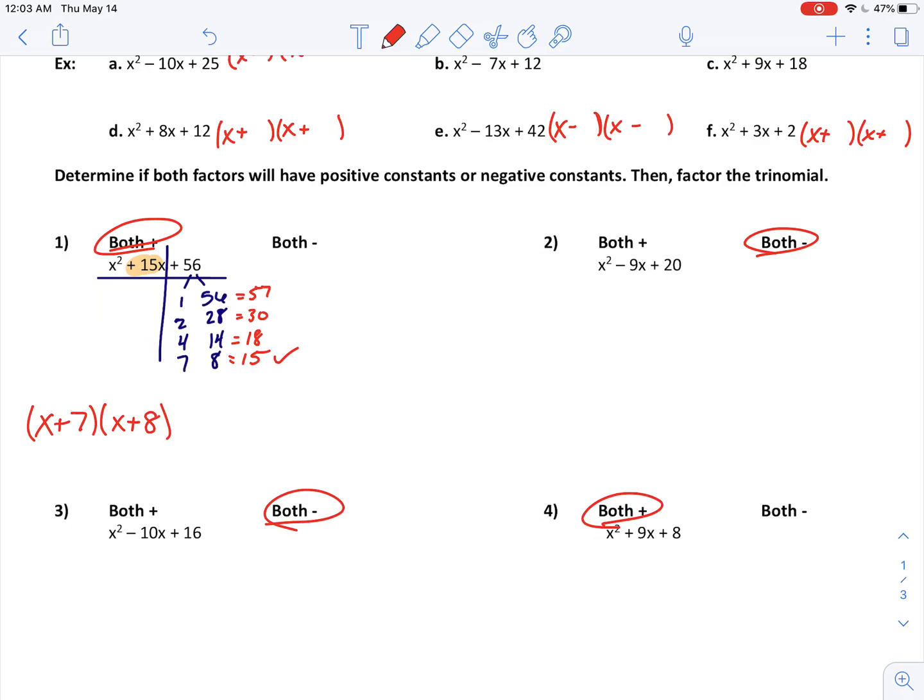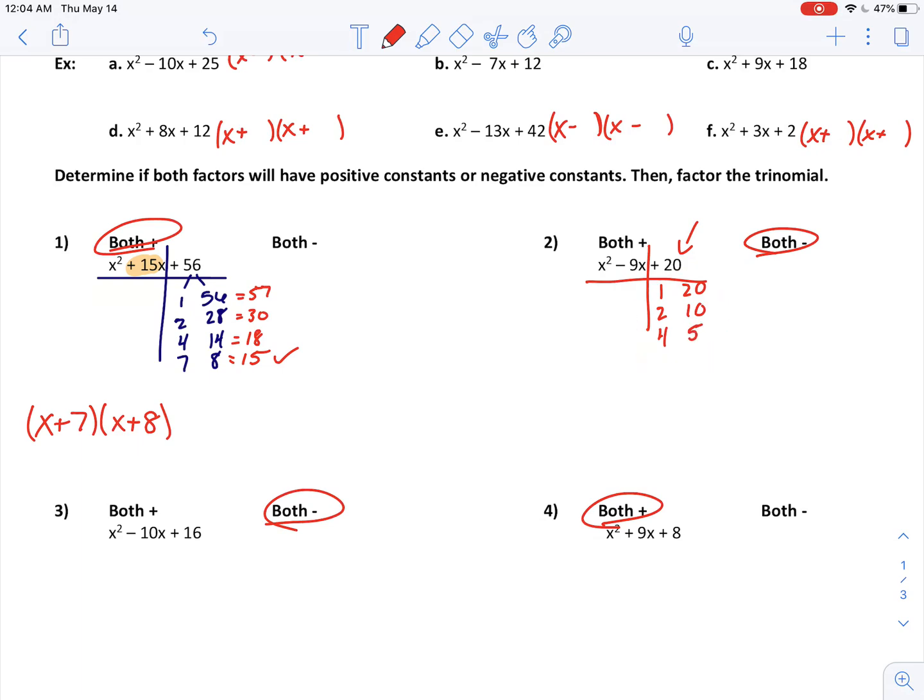Number 2, I've got both negative, and the reason why again is I have a positive last number and a negative middle number. So a negative times a negative is going to get me a positive 20. And let's see what two terms multiply to 20. Well, I got 1 and 20, 2 and 10, let's see, 4 and 5,